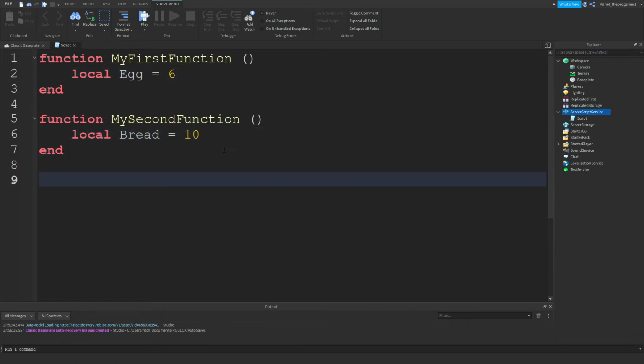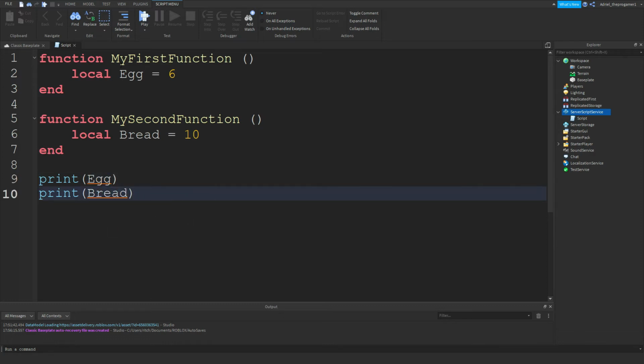Now we are going to print these words. If you try to print bread, it should print 10. Okay, how about we print egg and then bread? They are the same spelling: egg, egg, bread, bread. But if you click on run,